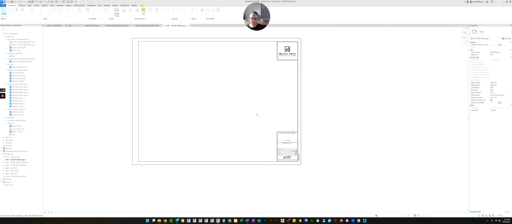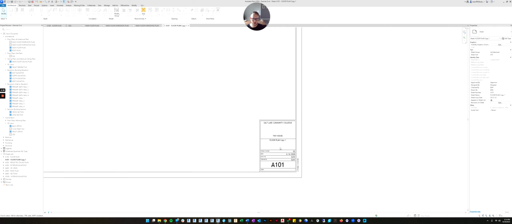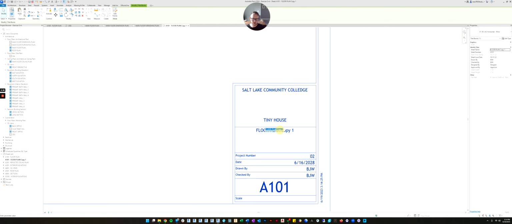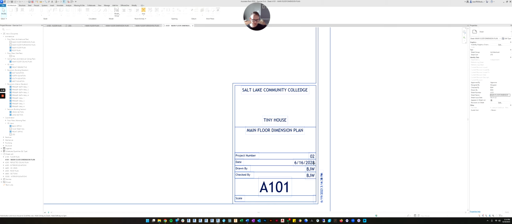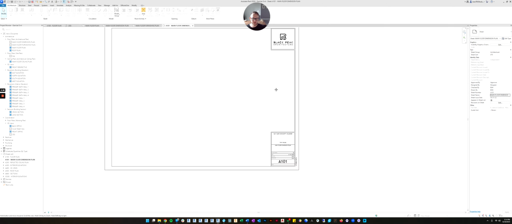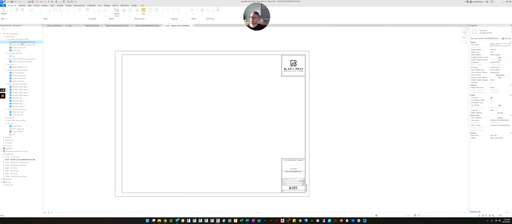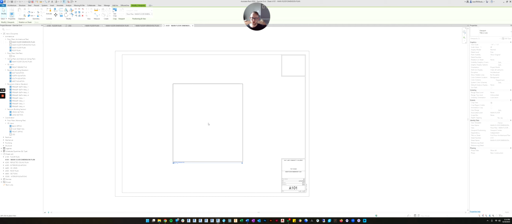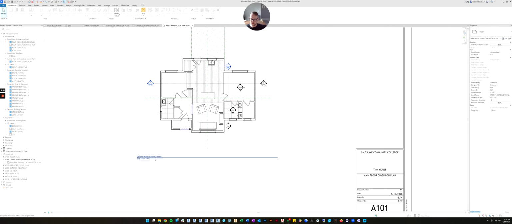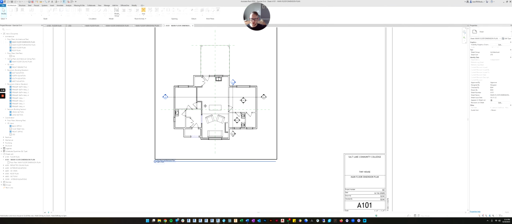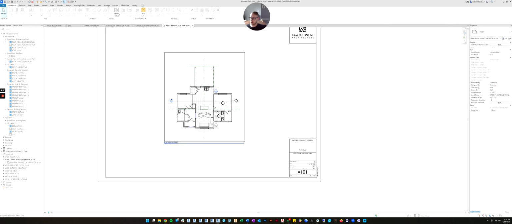It's already mostly filled out for us, so we don't have to keep filling it out. The only thing we need to change is the title. So this is the main floor dimension plan. Other than that, I think everything else is filled out. Now we just need to drag our dimension plan onto our sheet. We'll just put it right in the middle like that. Everything looks pretty good, so we'll leave that for now. We'll come back to that view once we get the other view sheeted.